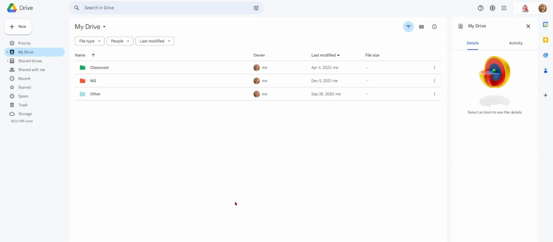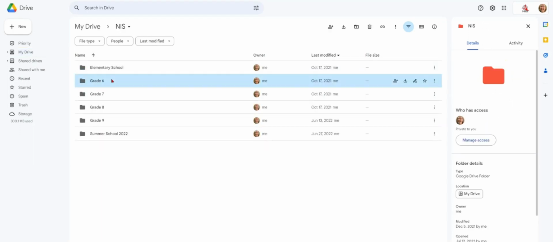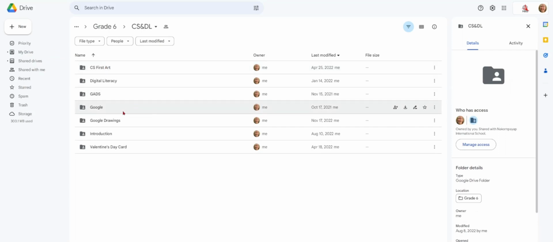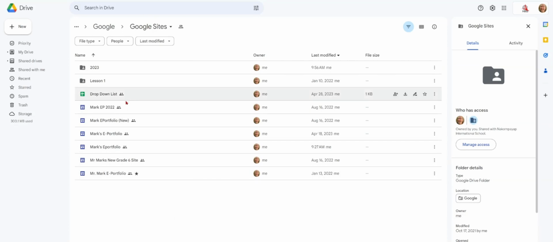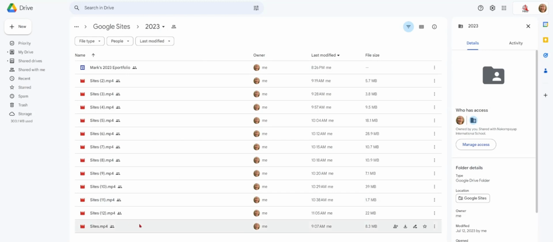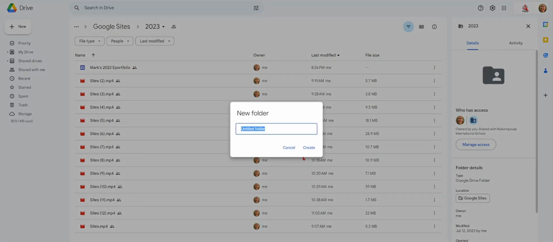Now let's move to the Google site. Since it is a Google site, I want you to keep it in your computer science folder. So let's go find it. Grade 6, CS and DL, and it is Google, and so we should put it in a Google site folder. Now I have a bunch of eportfolios here, and I have another one here that I created today. So I'm going to put it in another folder here to organize it. I'm just going to call this Google Sites 2, just like that. And I'm going to fix that little mistake right there. Click create,